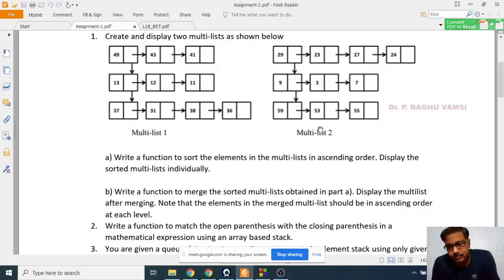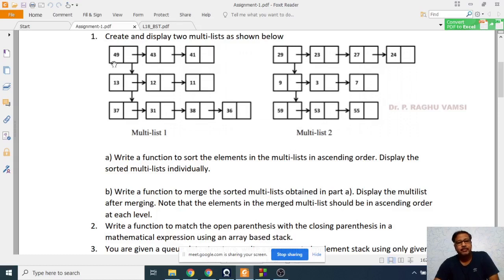So basically how the sorting will be done is you are supposed to make 2 pointers here. First is the current pointer, that is head. This head will be kept in temporary, and you take another pointer to point to the next element. Now the current, that is the temporary data pointing to the head or the first node, is compared with the next node's data. If the first node data is greater than the second node data, then you swap the data.